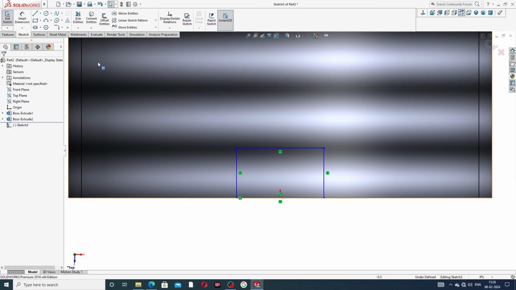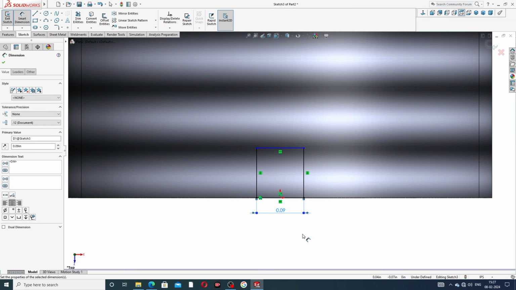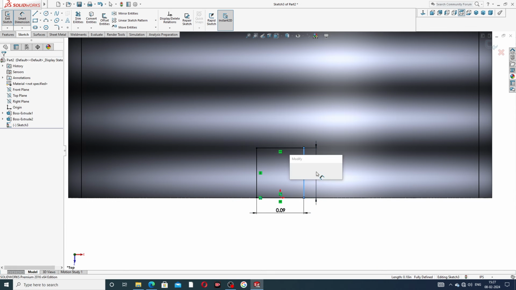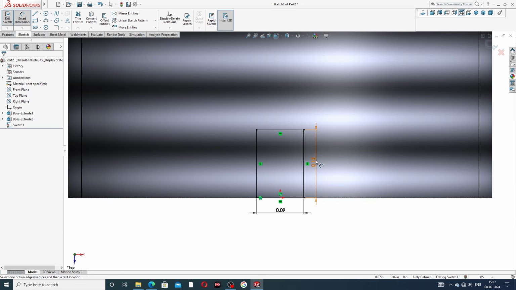This dimension is 0.09 inch, and this height is 0.13 inch. All is perfect.